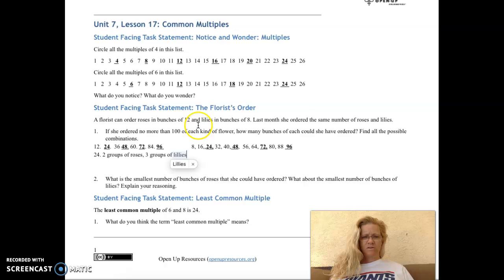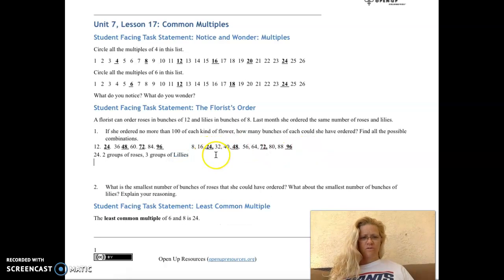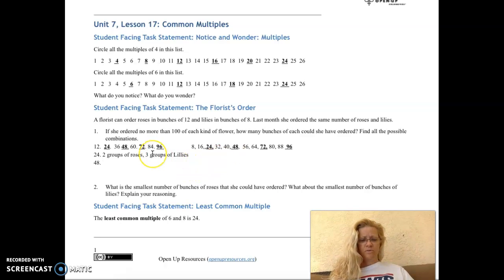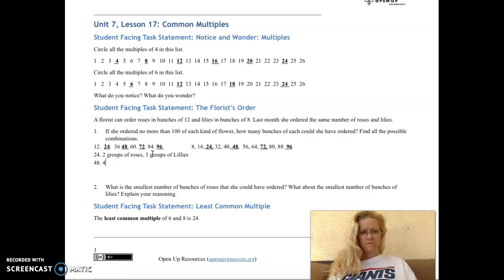So it fits the bill: it's not more than 100 of each kind of flower, and it's the same amount. I can also say the same with the number 48, okay, because it's not more than 100 of each kind of flower, and we could order the same amount of both. So 48 would be 4 groups of roses,